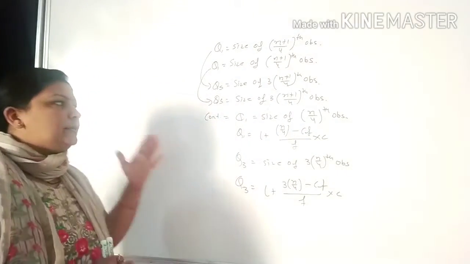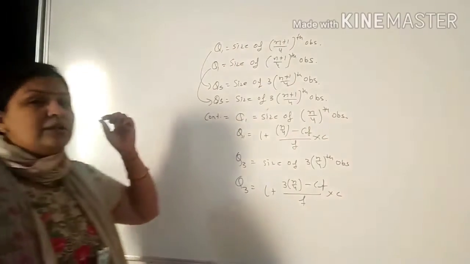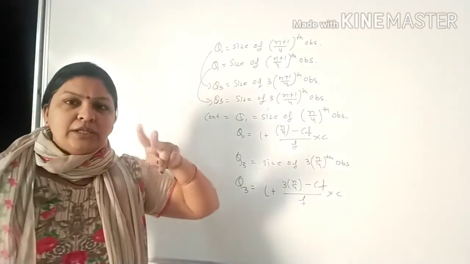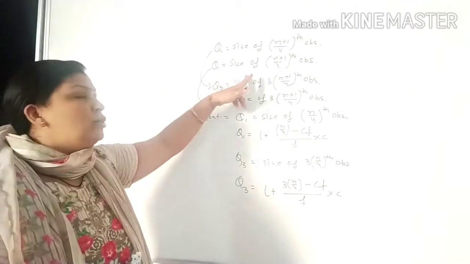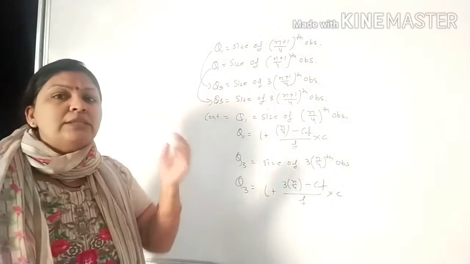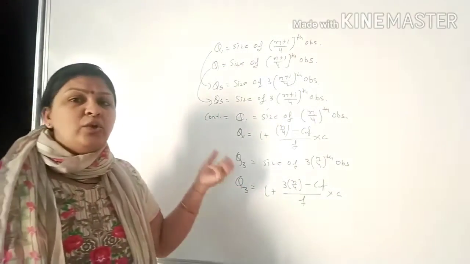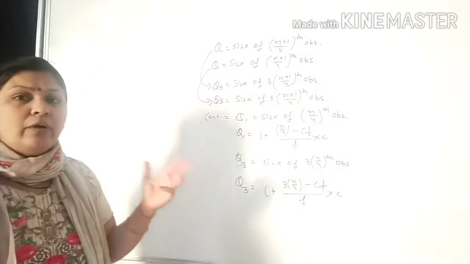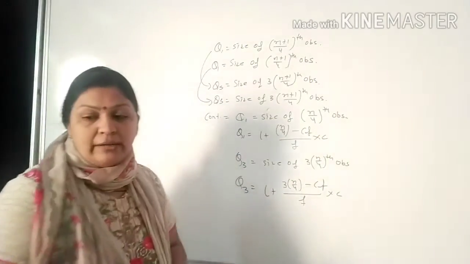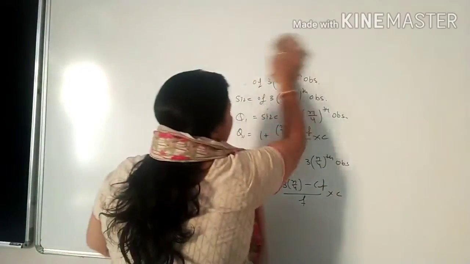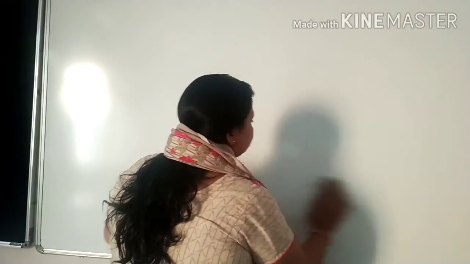Fine? Quartile means 1 by 4. We are just focusing here: in M we are using the 2 and in Q we are using the 4, because M is the half of the main one line and Q is the third. 3 लाइन से हम लोग 4 डिवाइड करते हैं. Fine. So now we will discuss this with the help of examples.